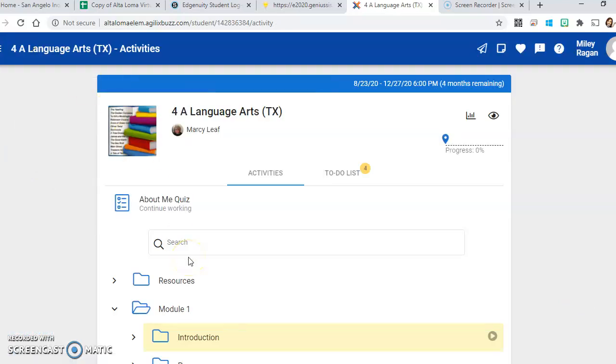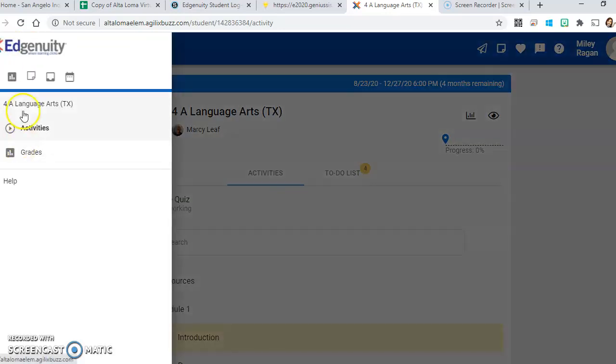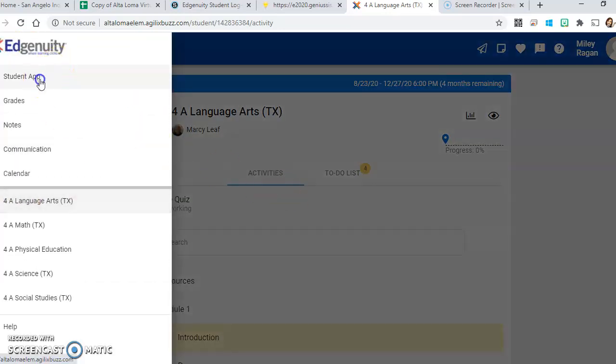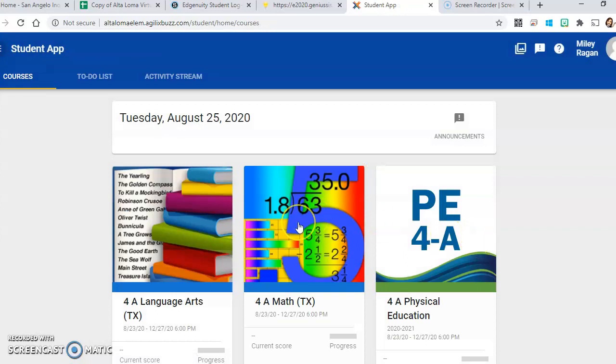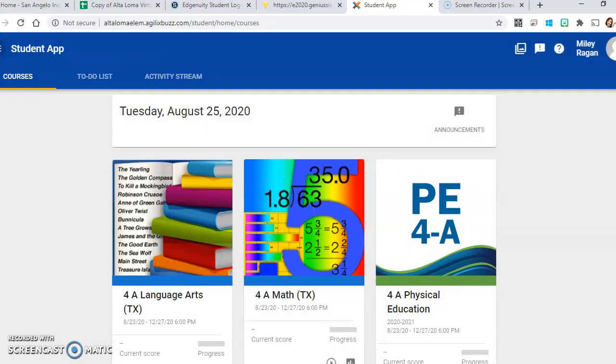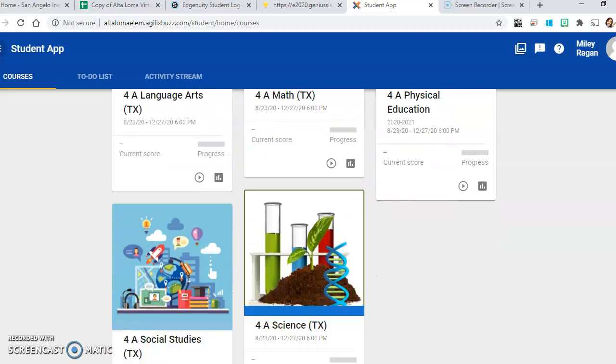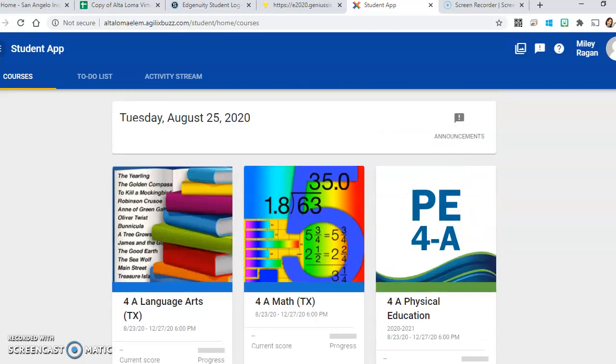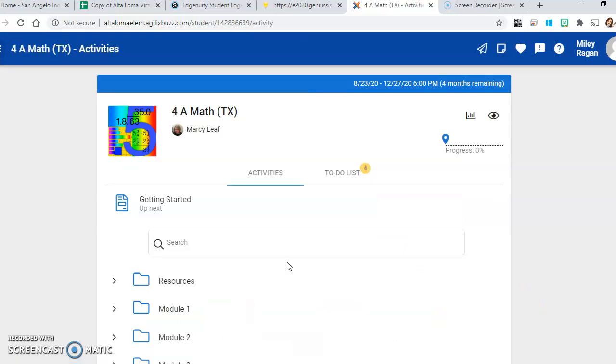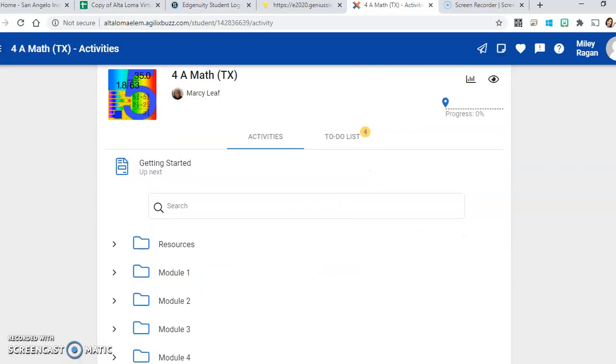Now, you have a workbook as well. Your workbook has pages in it that go along with your activities that are in Buzz. So, all of them are in the packet that your parents picked up at Altaloma. They're all in one packet, okay? So just look through there. When you need a math paper, you will be able to find it, okay? When you are doing that activity and you need to